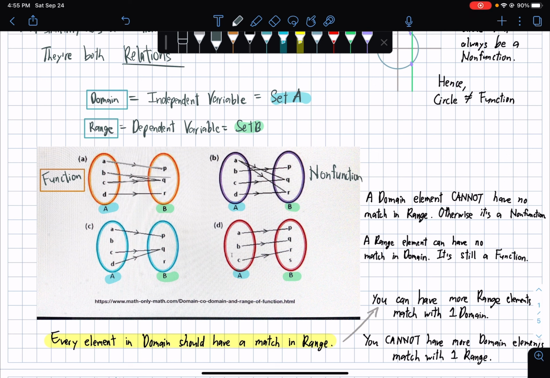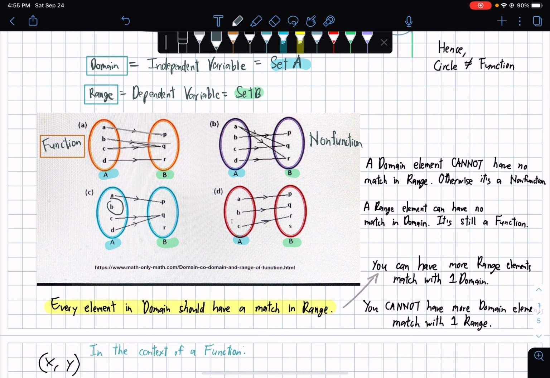It's considered a function if either the range has multiple elements associated with the domain, or one domain element has its own unique match in the range. So for letter C,